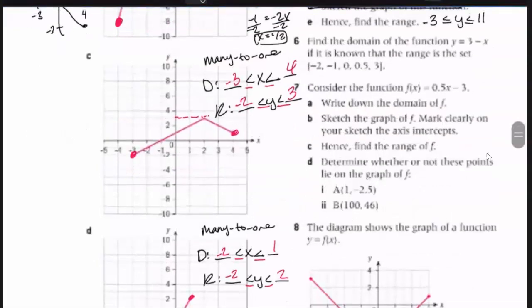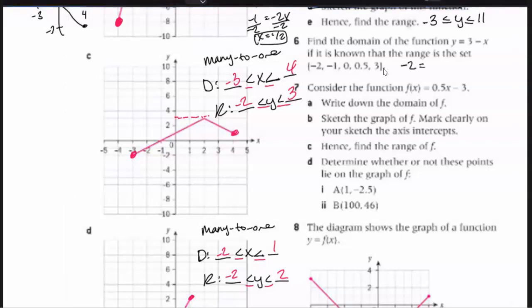Number 6, find the domain of the function y equals 3 minus x if it is known that the range is a set of these values. This one, they're giving you the range, they want you to figure out the domain. So basically, you'll do the exact same thing we did in the previous one, except we have to plug in all values. So generally what you're doing is you're saying, okay, well,